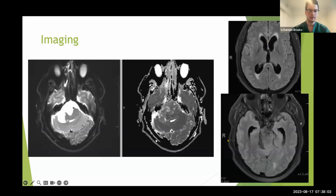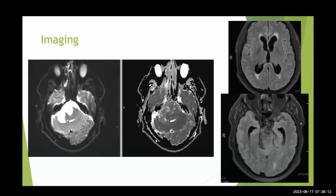And so how do you know that you said that this is restricting? How do you know that this is restricting here? If I'm looking at it, actually, I'm now thinking it's more T2 shine-through because it's bright on both the ADC and the